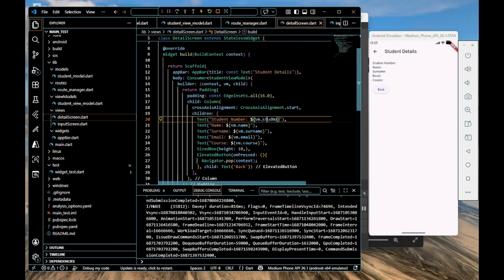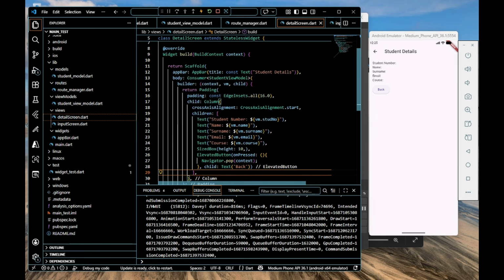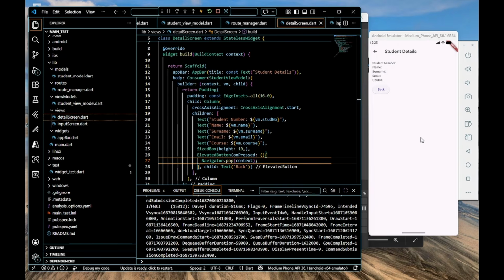we're gonna have a view model, and then we call the method student number. So basically this is going to fetch the actual student number. This one is going to fetch the name, the surname, the email, the course, and then I added a sized box with a height of 10, and then every time you press that, it's going back, just doing navigator.pop. That's what we have here, but according to the test, it has to look blue,